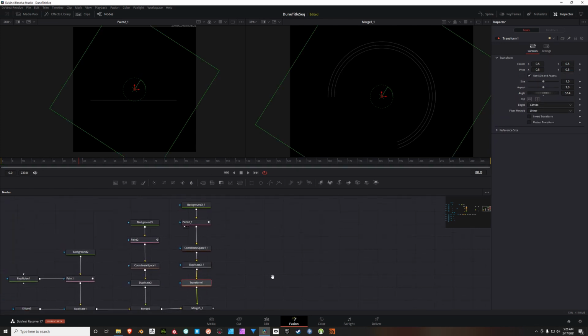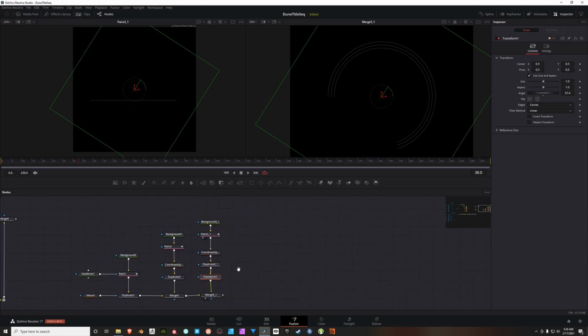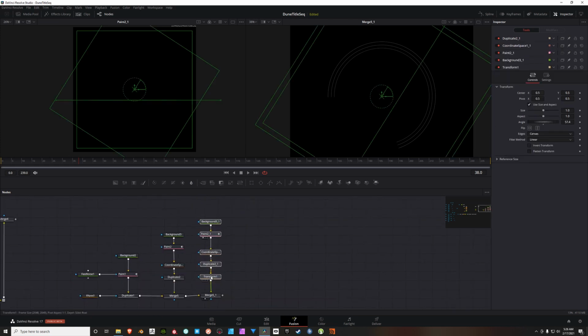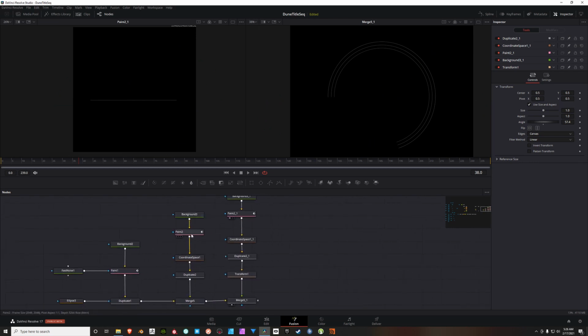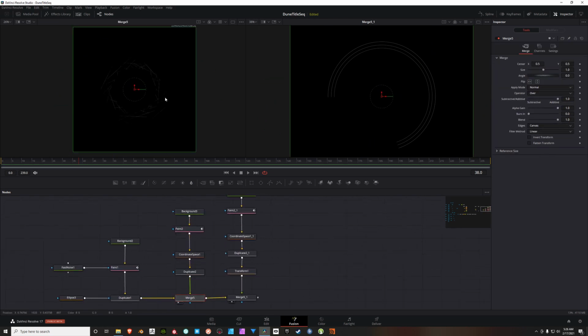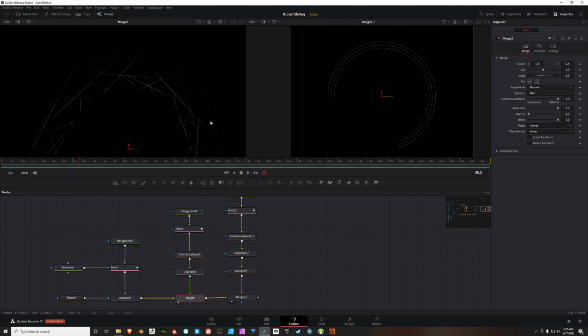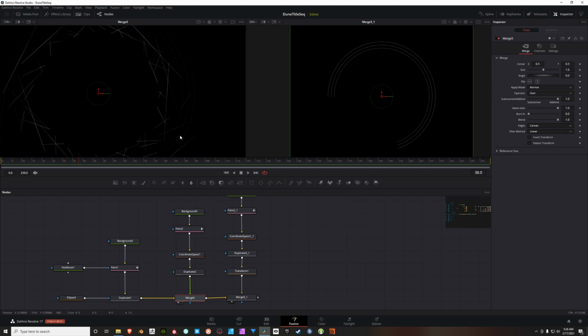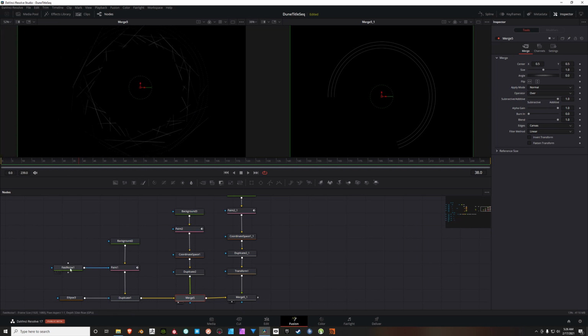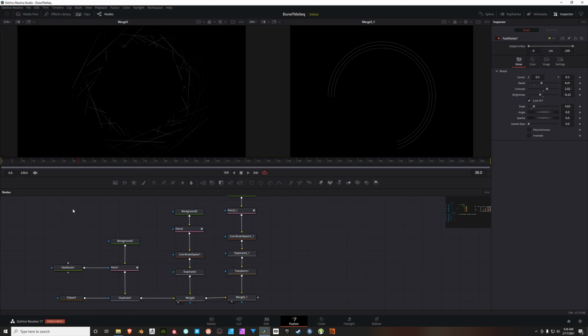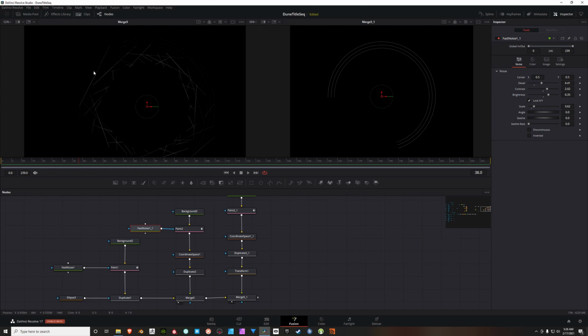Just like before, for both of these nodes, I want to add some randomness. So if I come back over here and I look at this merge node, you can see that these lines are pretty much all solid throughout here. But I'm going to take the same fast noise node and I'm going to hit paste. And I'm going to add it to this paint node as well. Only this time I'm going to increase the brightness a little bit. I still want some of the random opacity that comes with that,